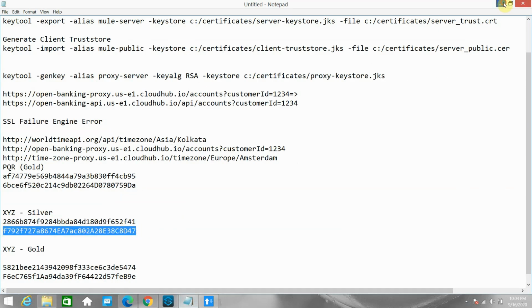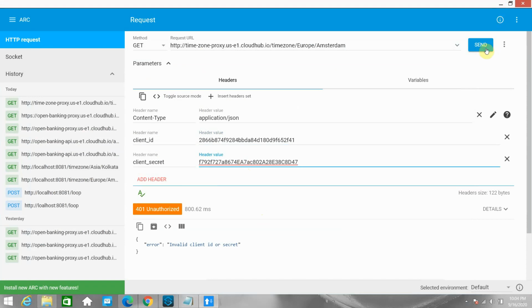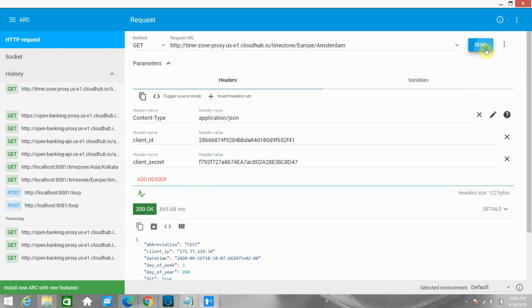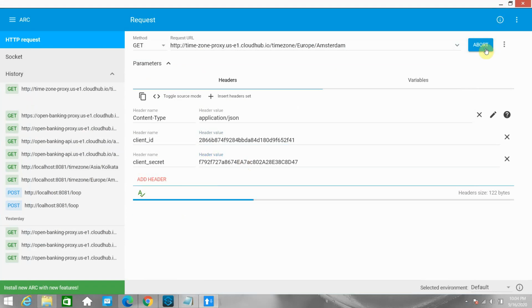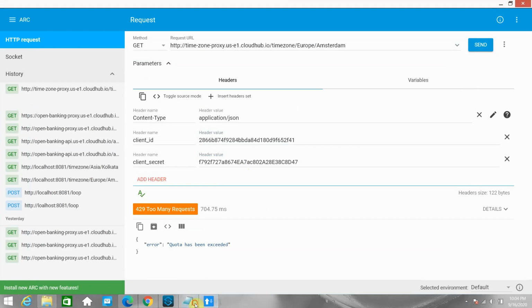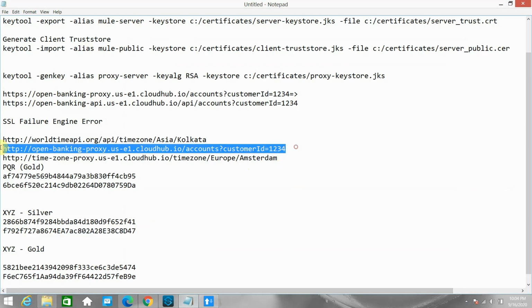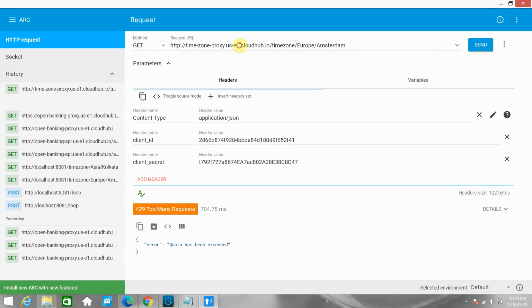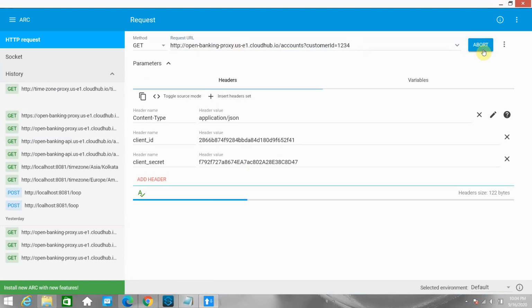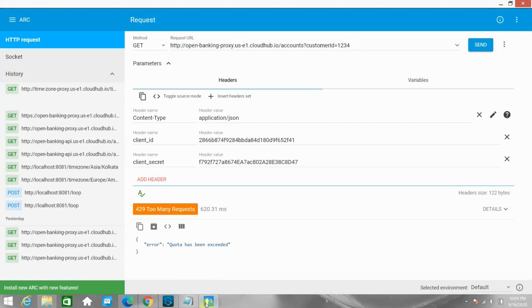I think 2 requests are allowed. 1, 2 works on the open banking one. 1, 2, this failed, right? So this is correct behavior.